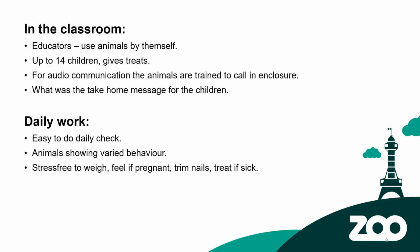So as you just saw in the classroom, the educators can actually do this by themselves. Every animal talks to 13 or 14 children, and they all give them treats. And then for audio communication, the animals are trained to call in the enclosure, and they also get treats for